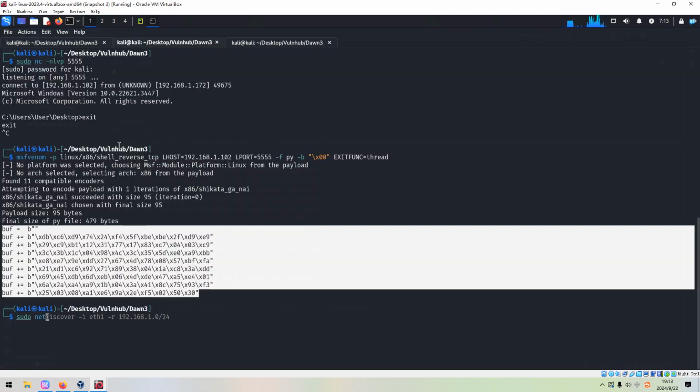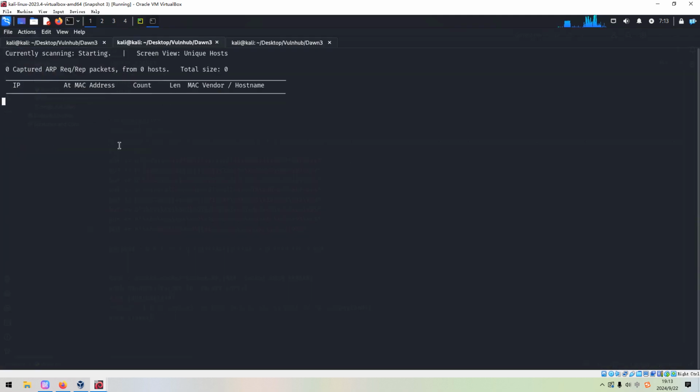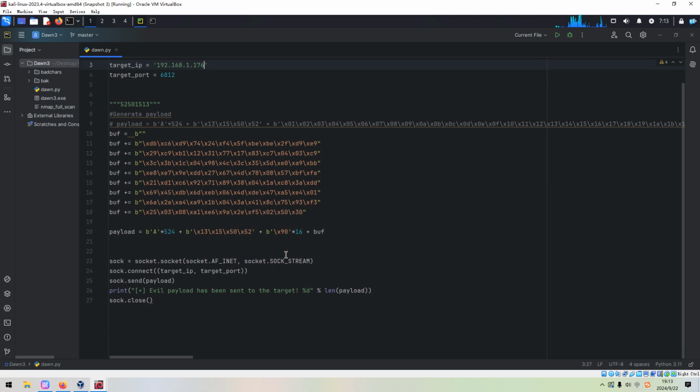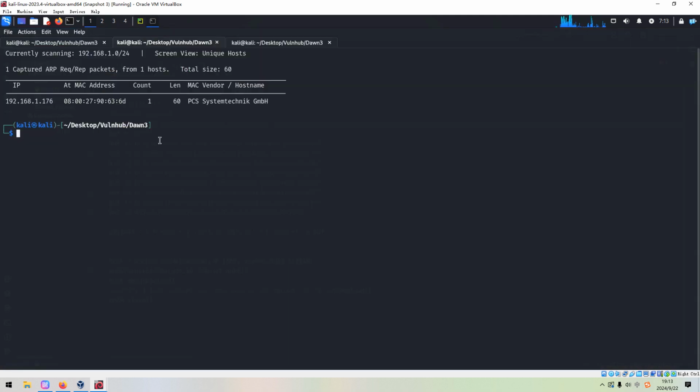Maybe let's run NetDiscover again. Okay, we know that. The port number we do not need to modify. So now I think that's everything we need to do. And now we are targeting the real machine, the real target. Okay.